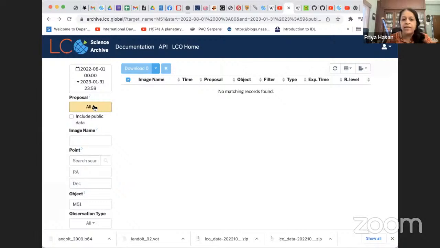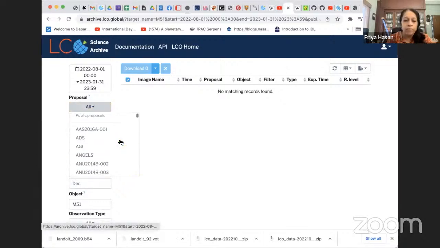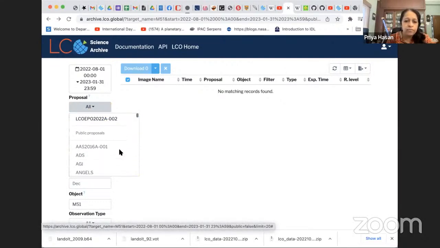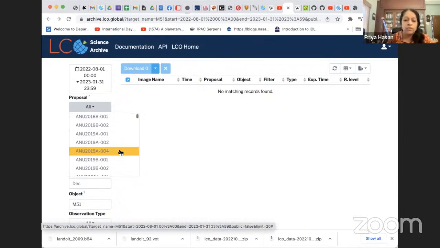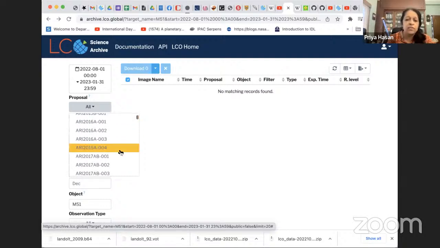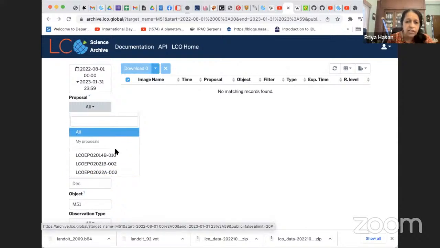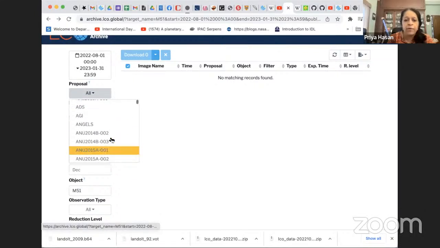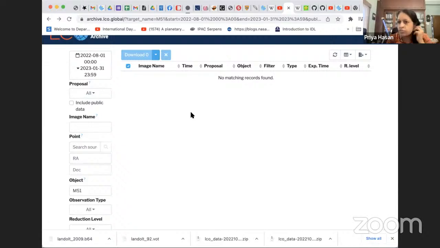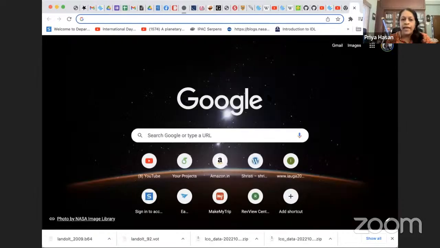For example, here, you look for proposal all, and here go in for it. Okay, so I'm going to send you all some data. Because at present people are having a problem logging in, I'm going to email you all data after today's session. But for homework, this data which you get comes in the form